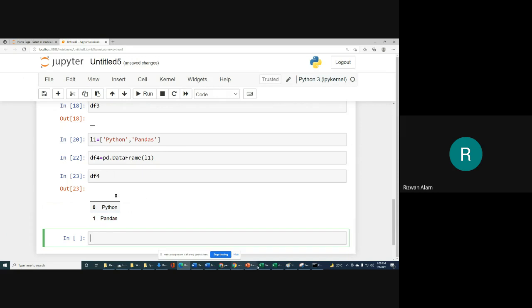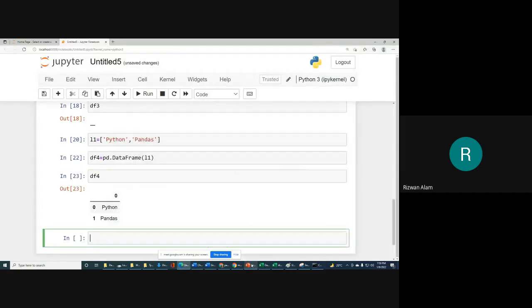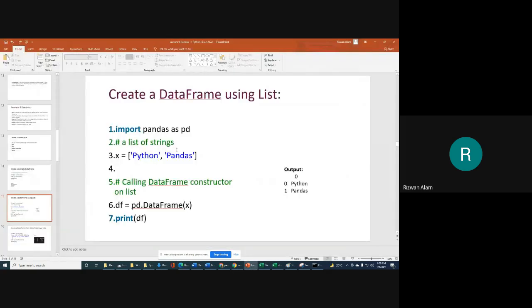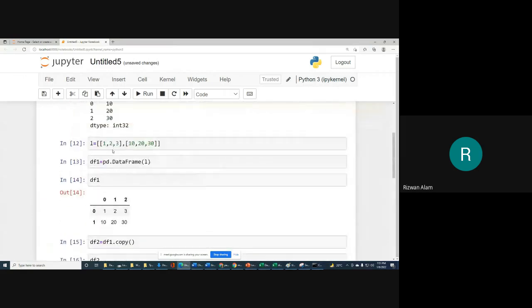And one more thing we can do. So this was about lists, and we can take lists of integer elements also, as we have taken here.